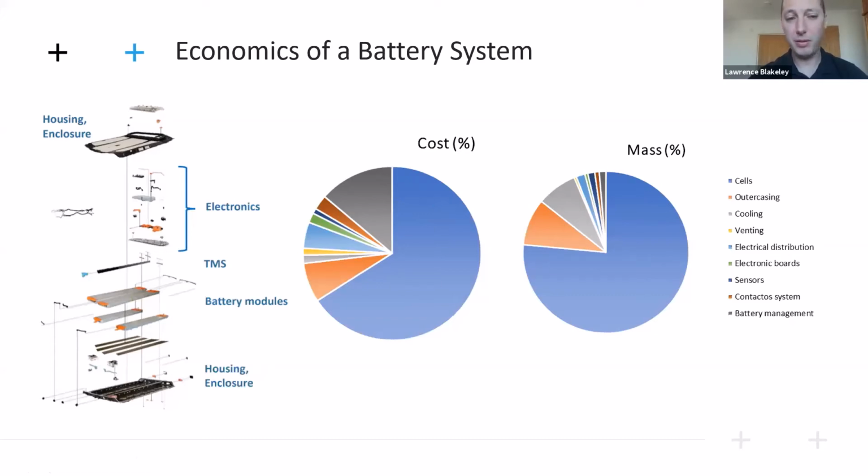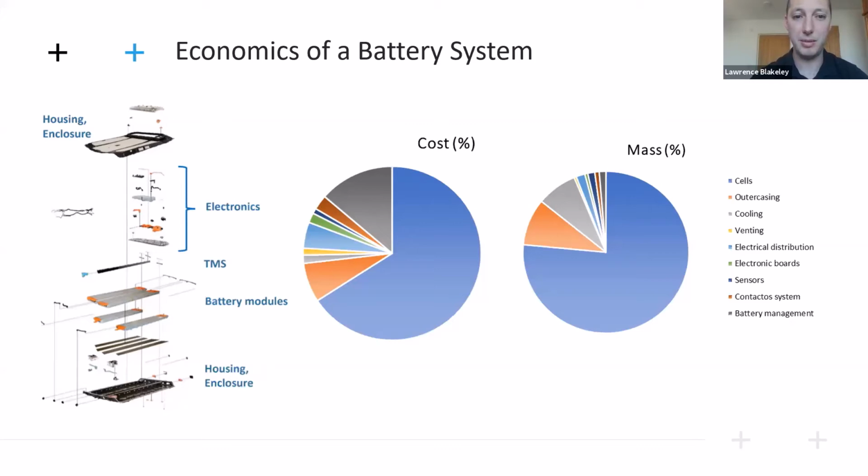It's a real driver for the whole economics of the vehicle. So I guess it's quite obvious in saying we need to really focus on maximising the use of those cells, and also then minimising the costs for the other areas. We can't change the cost of the cells so much, but we can have an effect on the other areas. So reducing the outer casing, reducing the cooling system being the two second major, and then the electrical distribution, really